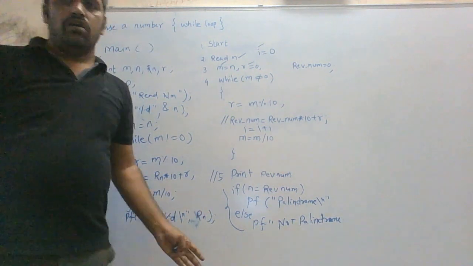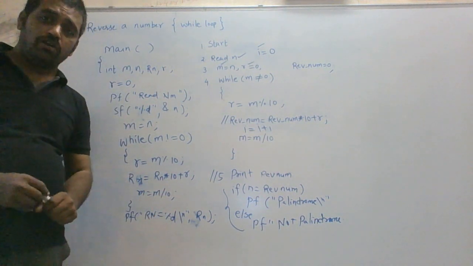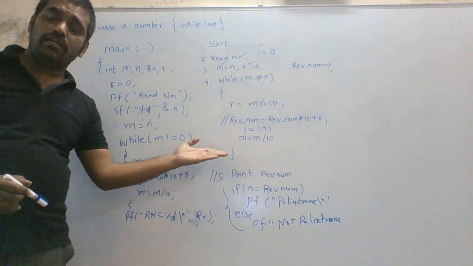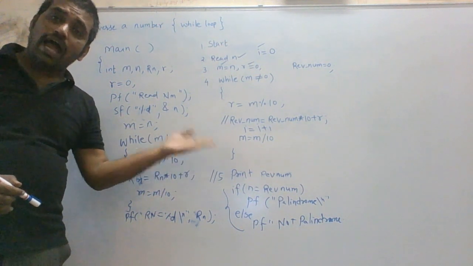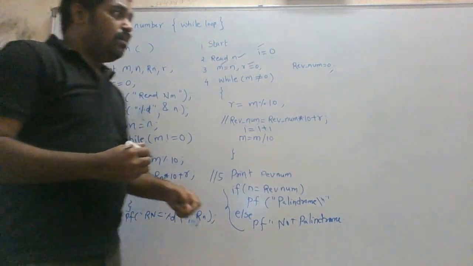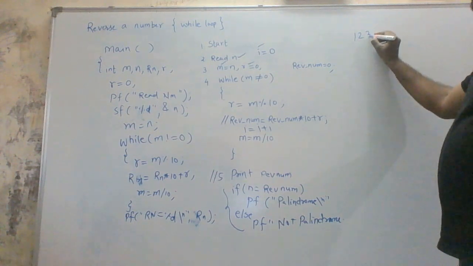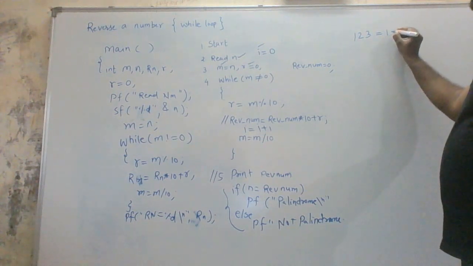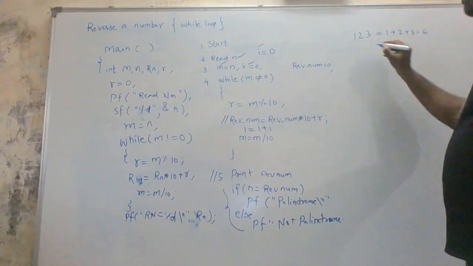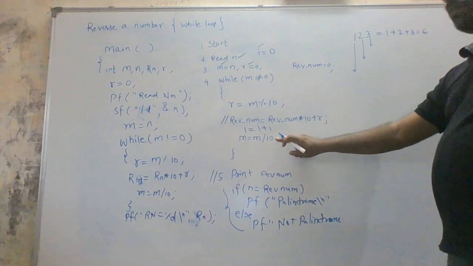So this is how a somewhat tricky program wherein we want to reverse a given number works. Similarly, this program can also be twisted to add the digits of the given number. Add the digits of the given number means, if let us say 123 is a number, in that case you want to add 1 plus 2 plus 3, then the answer should be 6. So you want to fetch each digit. So again the same thing can be done here.